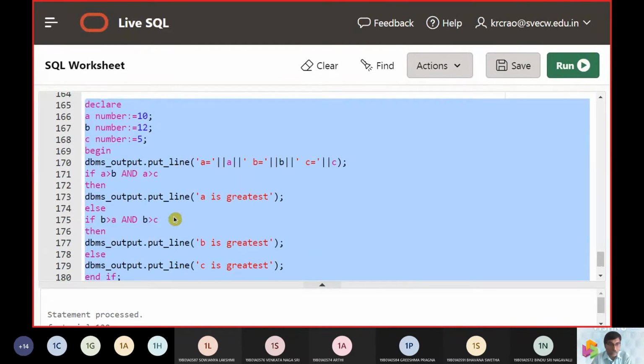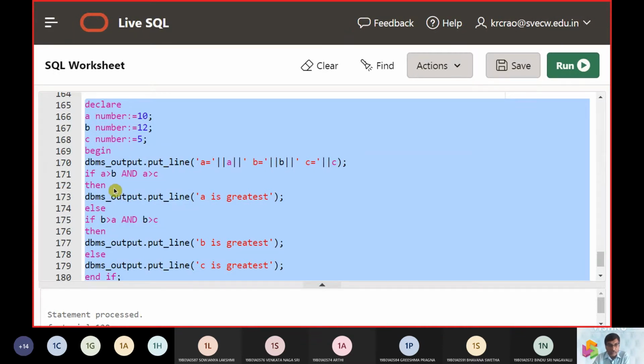That is the commonality. Now we can declare variables, as we declare variables in C at the starting after hash include stdio.h. In C language, we declare the variables after the open brackets, but here we are declaring A, B, C as number. In C language we directly assign with equals to 10, but here in PLSQL we must understand that we use colon equals.